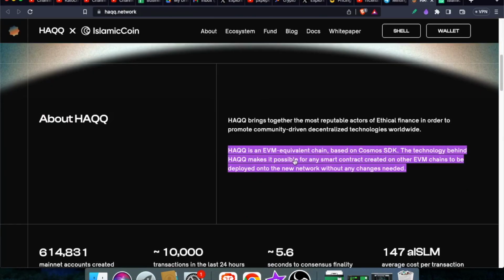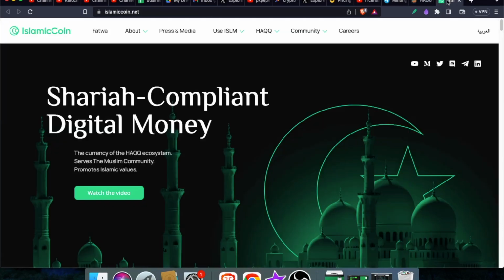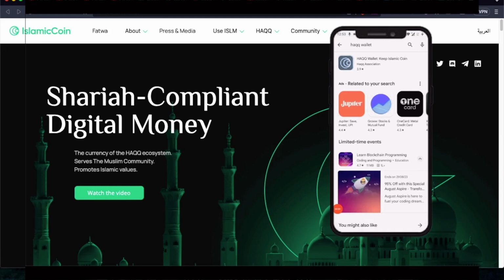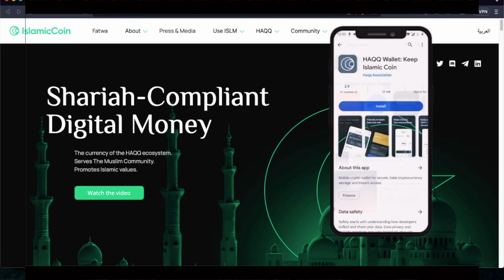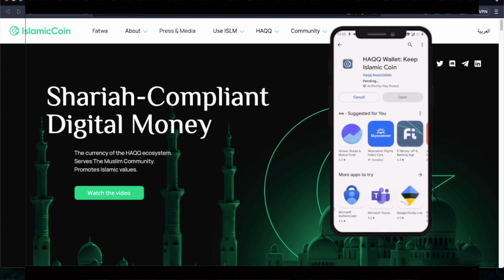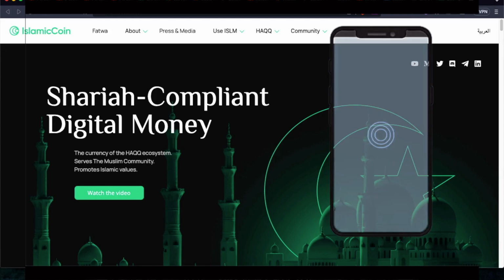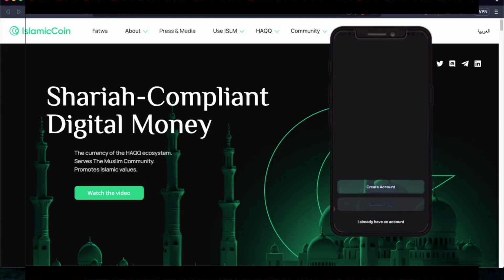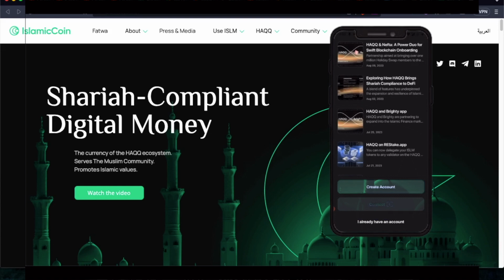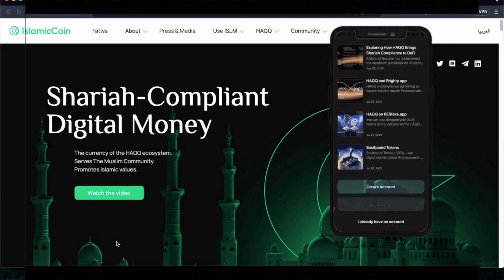Now let's get started with HAQQ network, and let me introduce you to the app. Type HAQQ wallet in the Google Play Store or the Apple App Store. This is the option that you get. Now click install and install the HAQQ wallet official app. Now it will open like this, and it will give you two options: create account or connect ledger. So here you need to click create account,